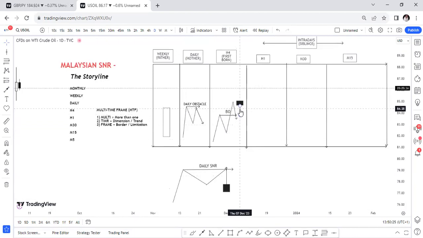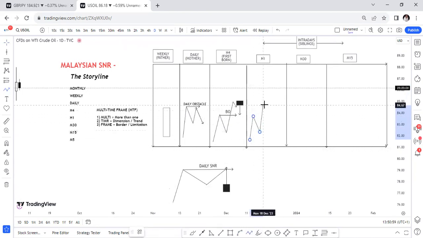So you want to see a rejection of this when price retests after the breakout. When price comes up from the breakout, you want to see this as a retest in 4 hours. So if you go lower to 1 hour, you are going to see this before you finally get to